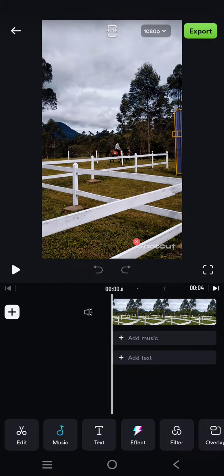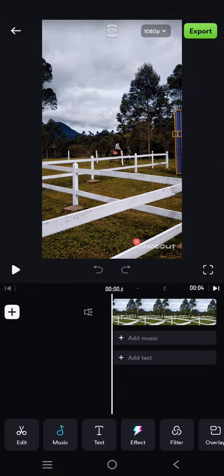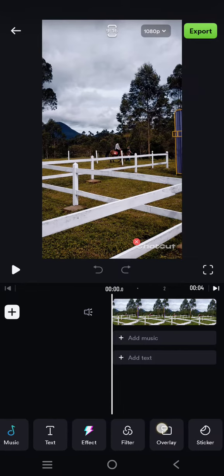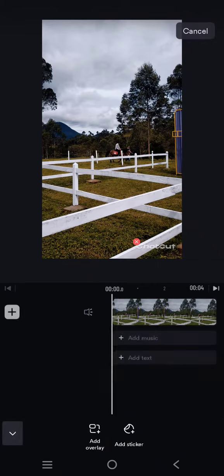On today's tutorial, I'm gonna show you how you can add retro word stickers to your videos in the ShotCut app. So after you edit your videos, you can go to sticker options here at the toolbar. Click on sticker, add sticker,